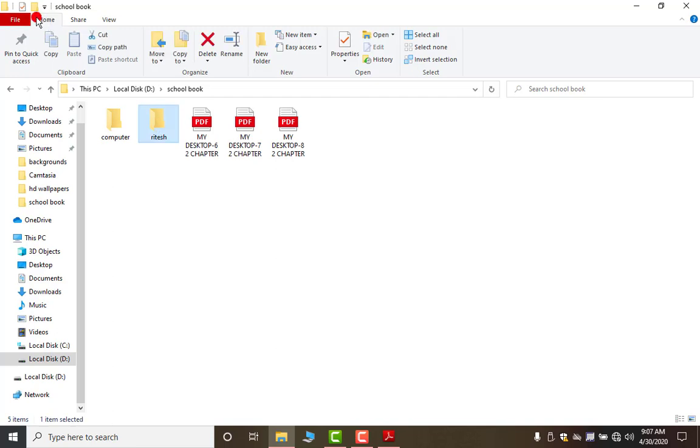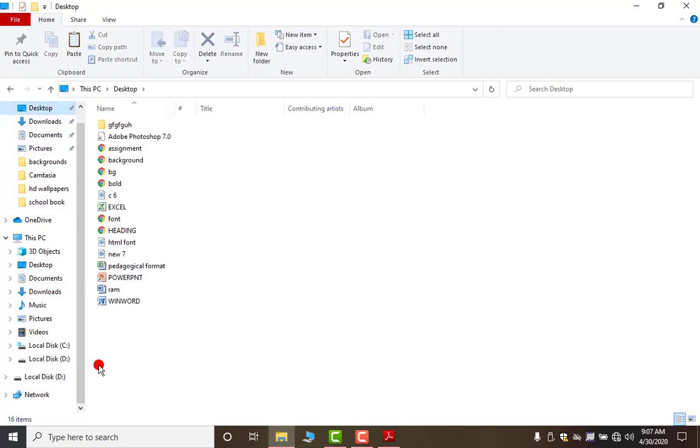In Windows 10, here we have this Home tab. In the Home tab we have this cut, copy, paste, everything. So just click on Cut. Okay, look, it is a little bit unhighlighted as compared to this one. Now suppose I want to move it to the desktop. So select Desktop from here. Now this is your desktop's view. Now click on this Paste. Now this is your folder moved.